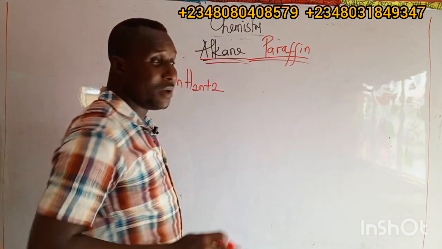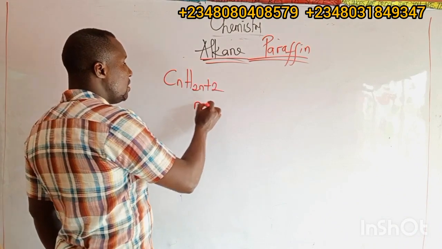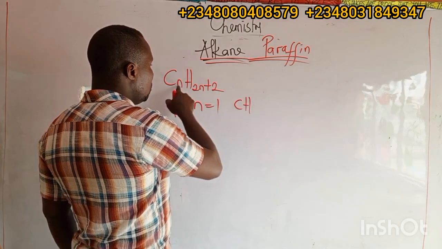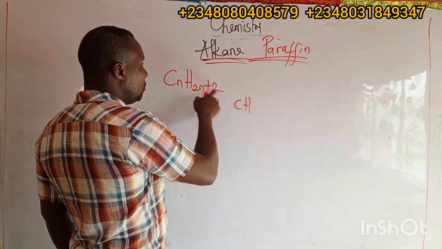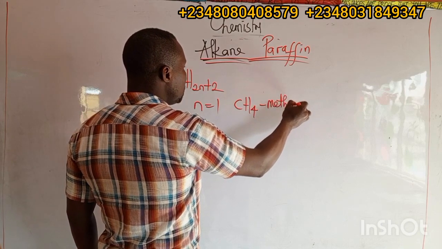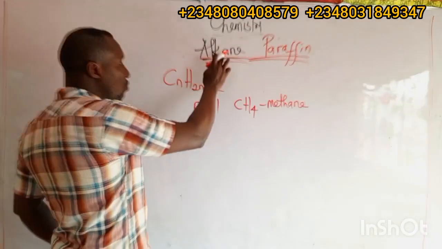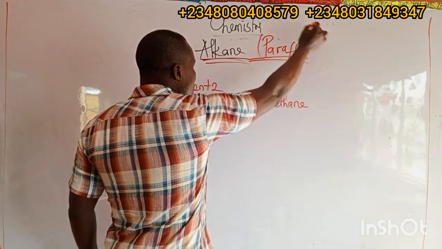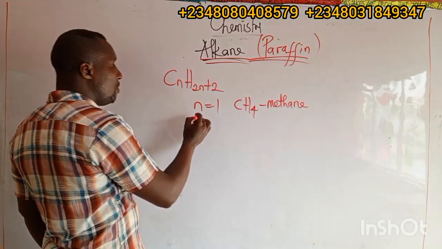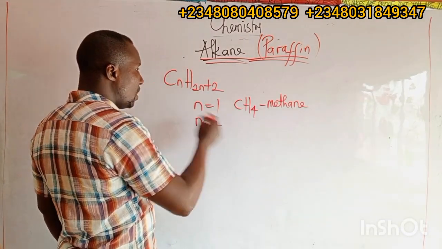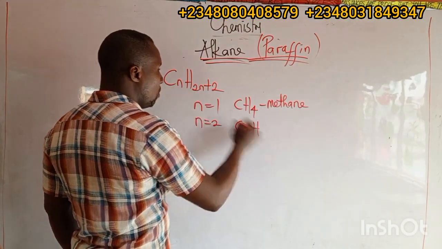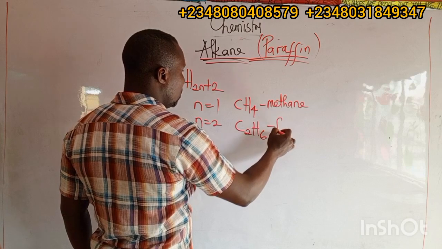To get the first member of alkane, when n equals 1, you get C1, then 2 times 1, 2, plus 2, 4, which is known as methane. That is the first member of this homologous series, alkane, which is also known as paraffin. To get the second member, when n equals 2, you have C2, H, 2 times 2, 4, plus 2, 6, which is